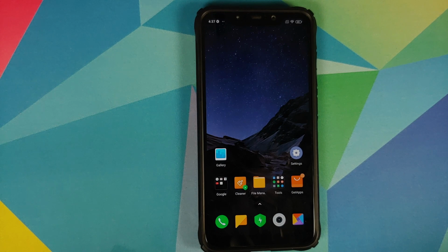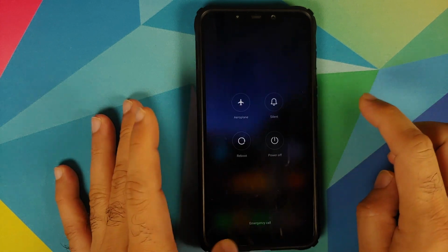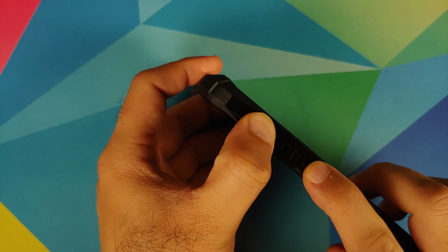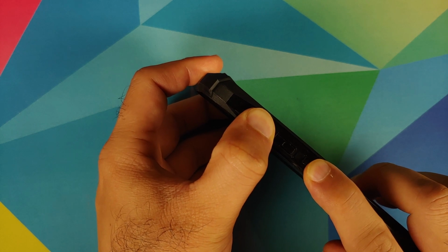Why are we doing this? We are doing this because we're switching ROMs and I don't want you to be locked out of your own device. Next thing we need to do is boot our device into TWRP recovery. For that, the first thing we need to do is turn off our device, and then once the device has turned off, we need to press and hold volume up and power button at the same time till we see